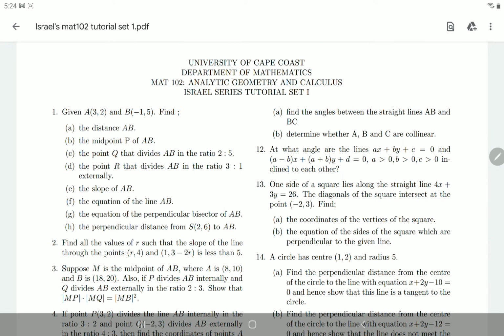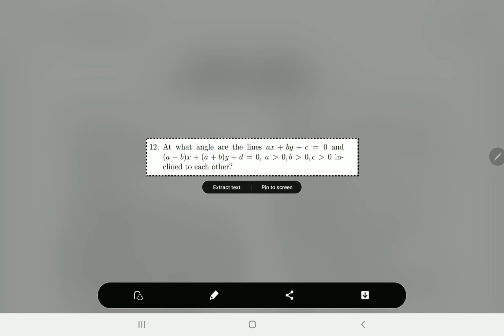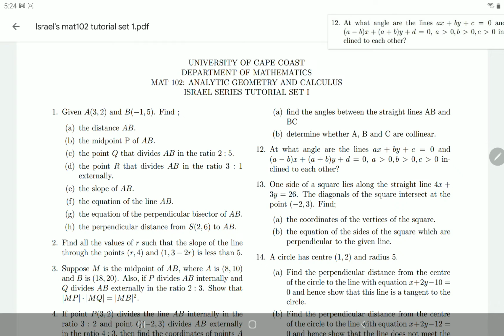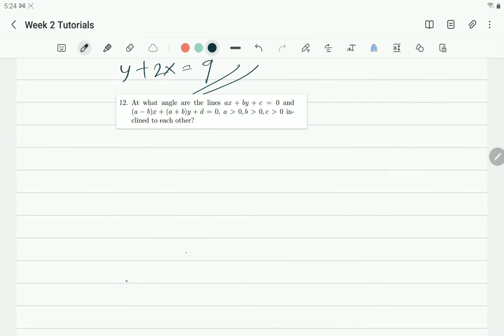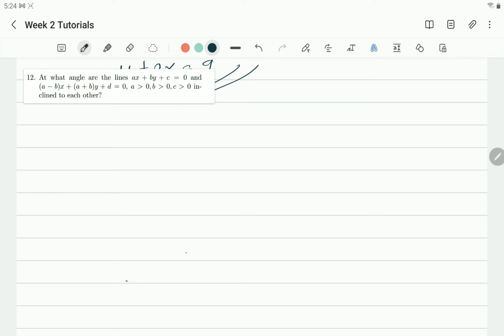So we want to find at what angle two equations of line incline each other, and because the equations of the line are actually in variables, I think it's a very nice question to explore with variables. So at what angle are the lines ax plus by plus c equal to 0 and the line (a minus b)x plus (a plus b)y plus d equal to 0, where a, b, c are all greater than 0, inclined to